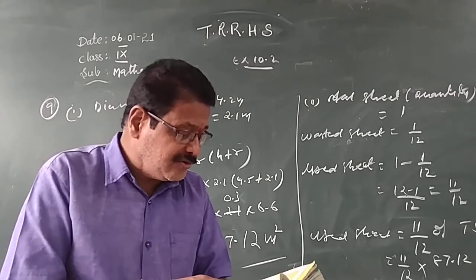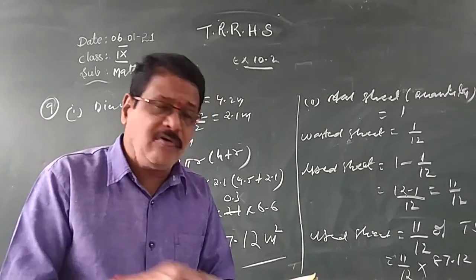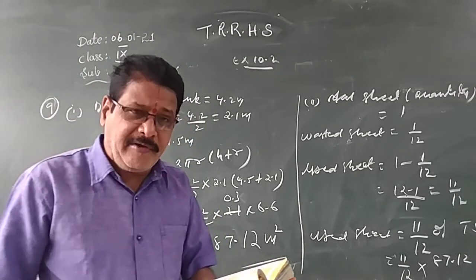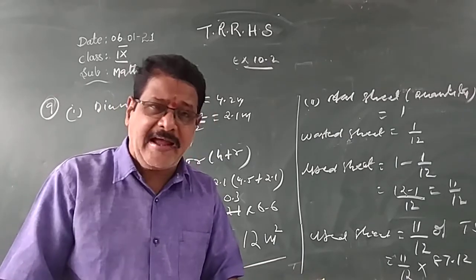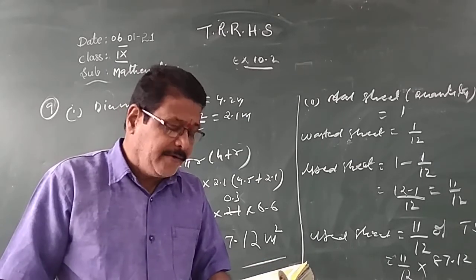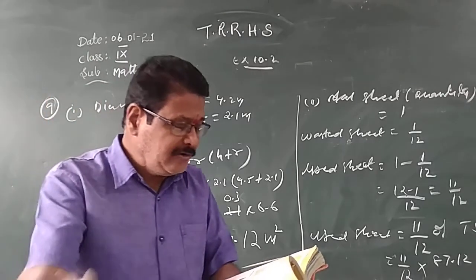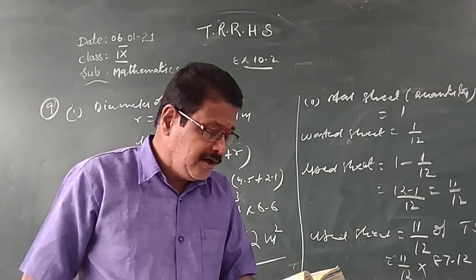How much water can we store in the drum? Express in liters. So find out the volume. How much water means the volume of the drum. So after getting the volume in cubic centimeters, change into liters. 1000 cubic centimeters equal to 1 liter. So so many cubic centimeters equal to how many liters? We'll get it. Very easy 10th problem. I hope you can do the 10th problem.